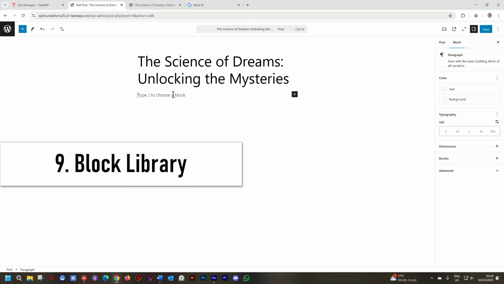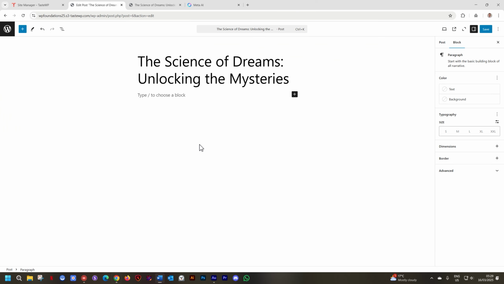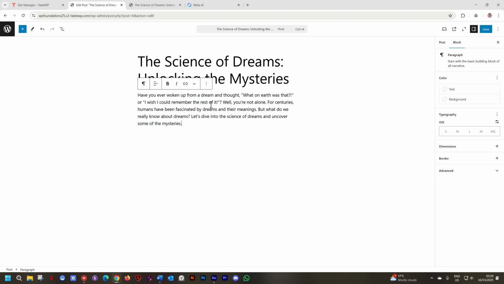Let's paste that text again. I'll just grab it again. Not sure if I still have it in copy, and then click there and paste it and keep it as one paragraph because that's how I want to keep it, as one block. Now you've actually made one block, and there are different kinds of blocks. They have different kinds of purposes, and the one that you use for paragraph text is called the paragraph block, and this is the one that is there by default.